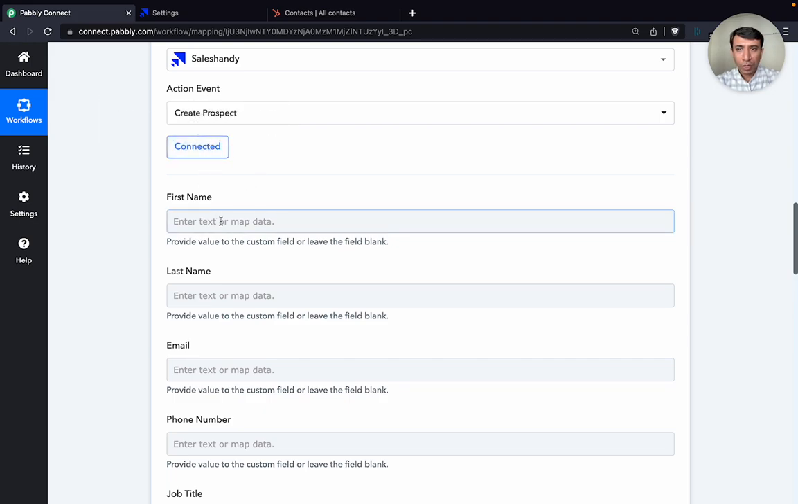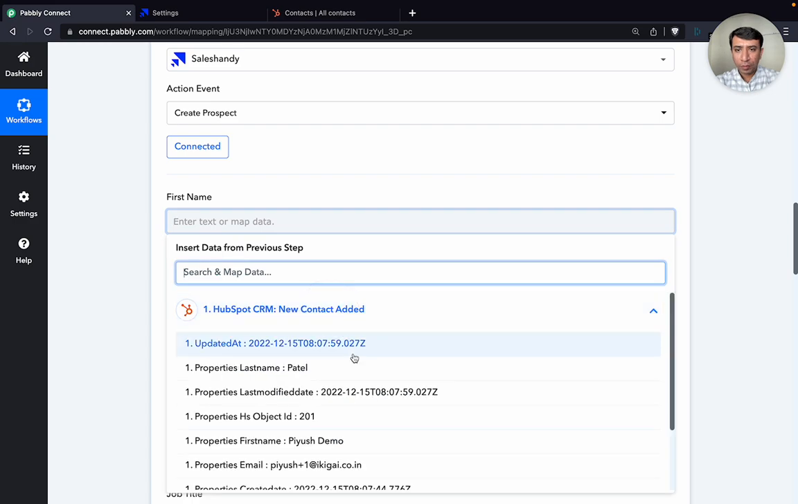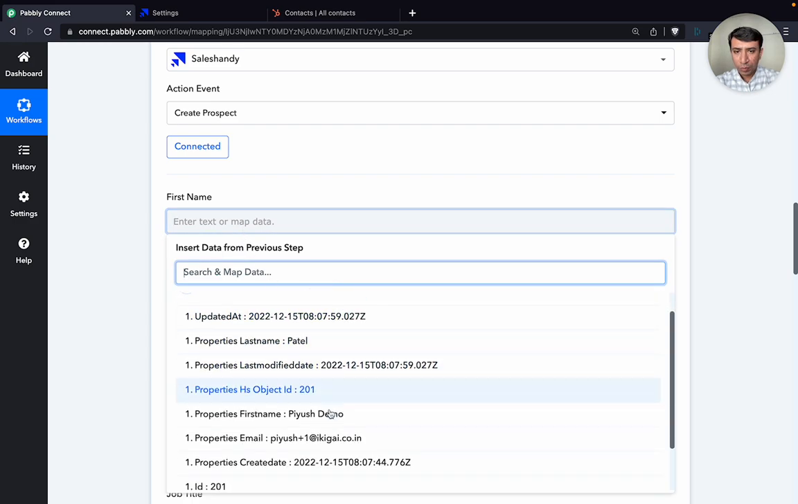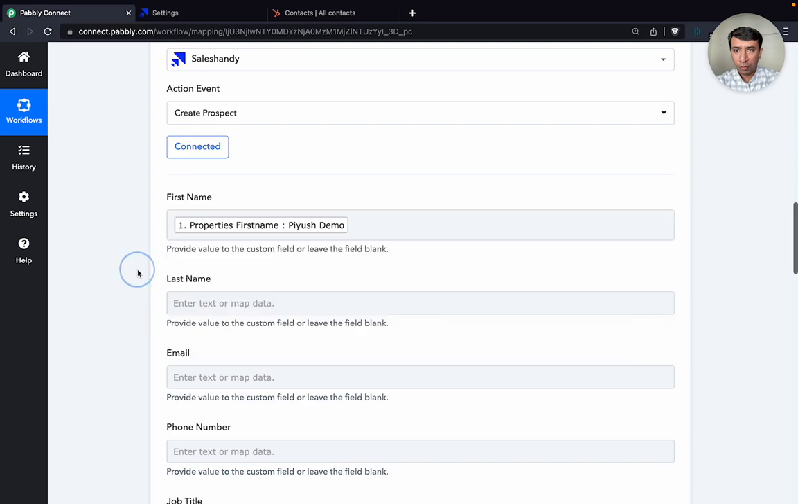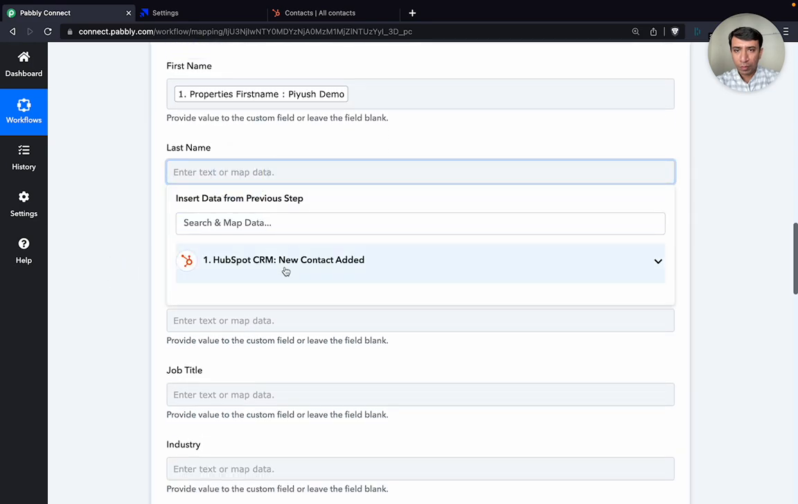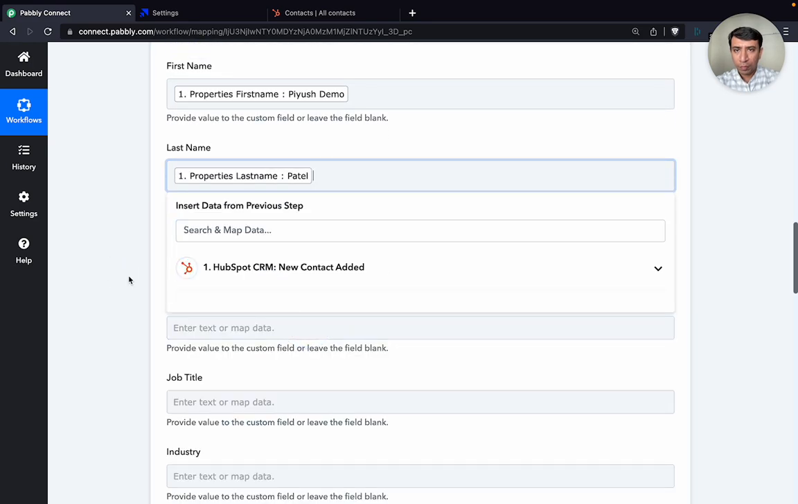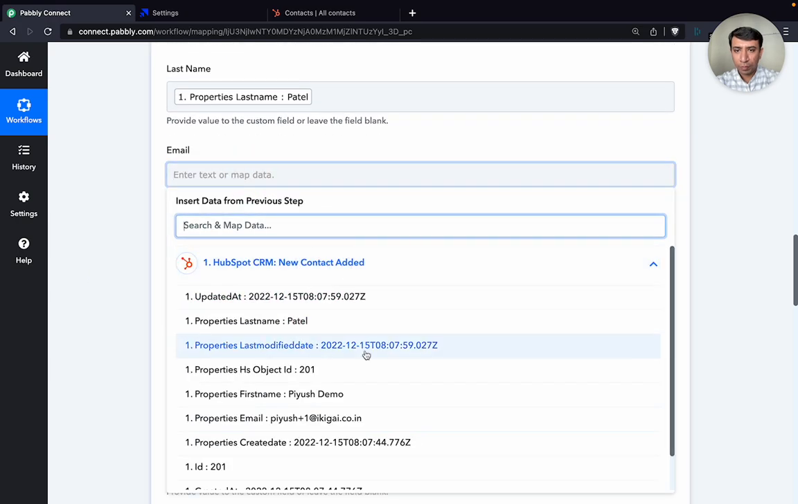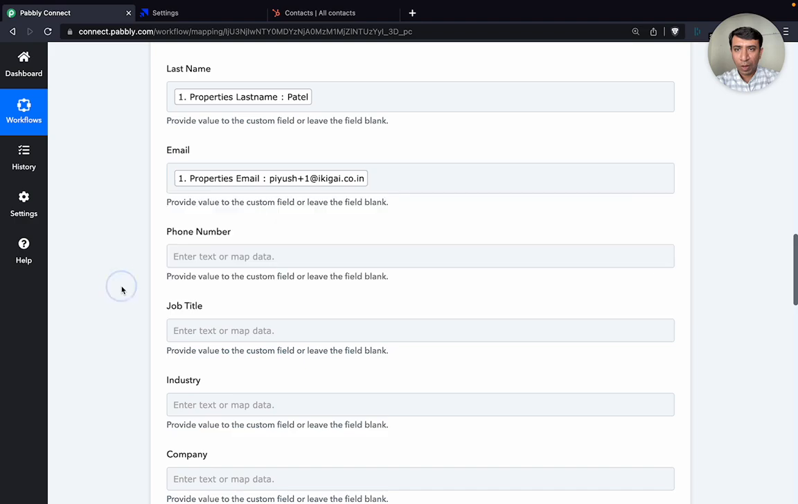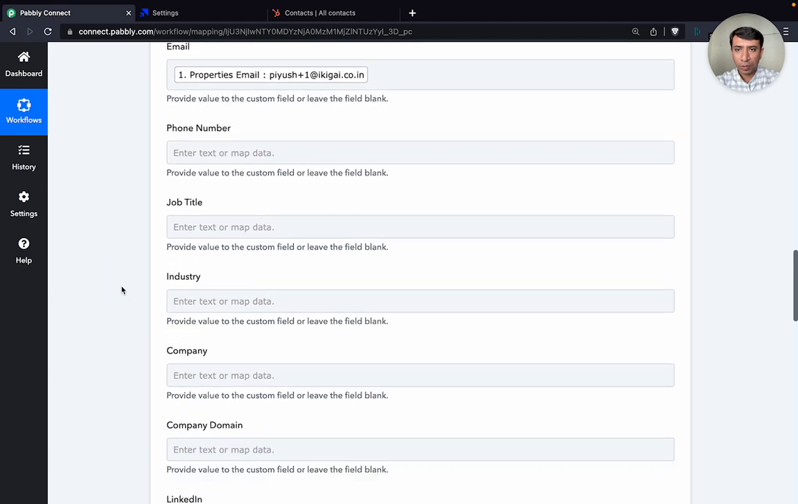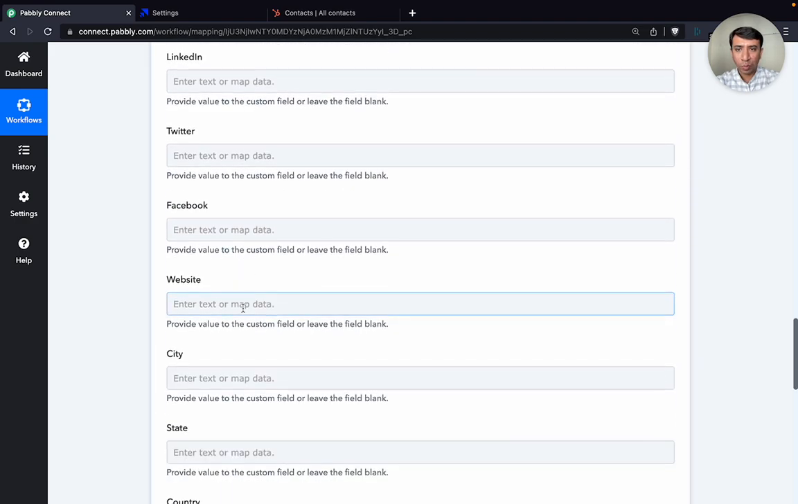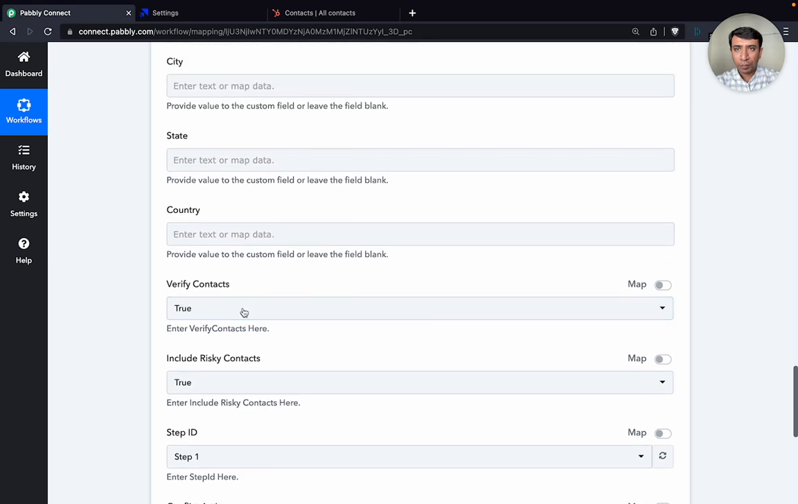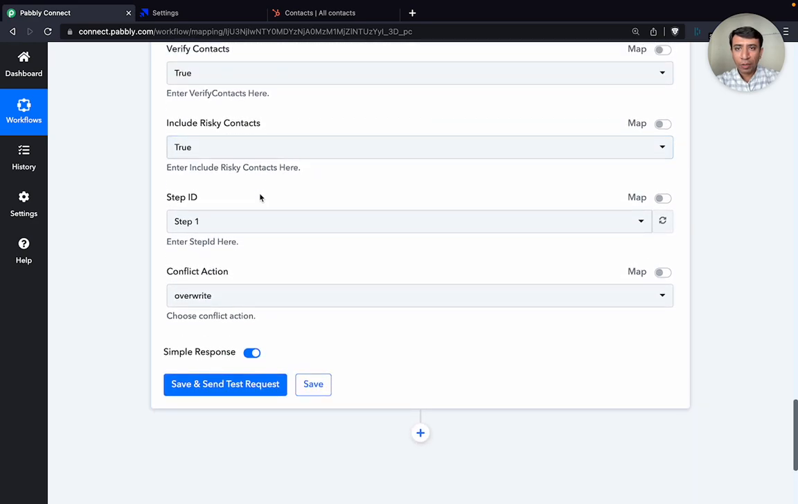So now let's try to map the fields. First name, here I have last name, email. I'm trying to map HubSpot fields with Saleshandy. There are other fields as well that you can map. And if you wish to add this prospect